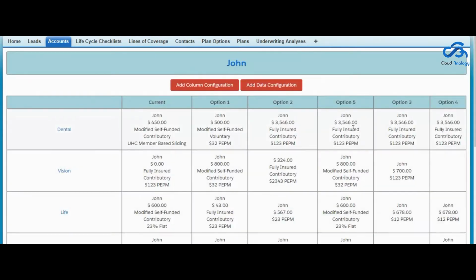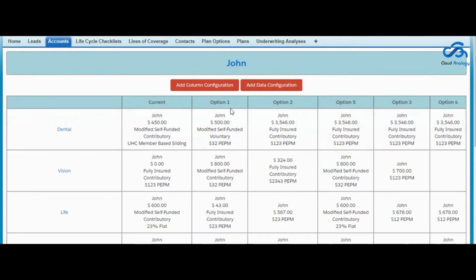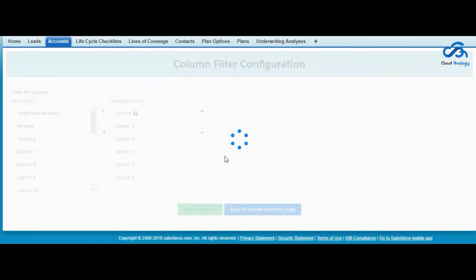Now you can see there are 6 columns, and the last columns have been deleted from the spread summary as per our need. We can also add columns again. If we need to add or delete a column, we can do anything with the columns by clicking on the add column configuration.